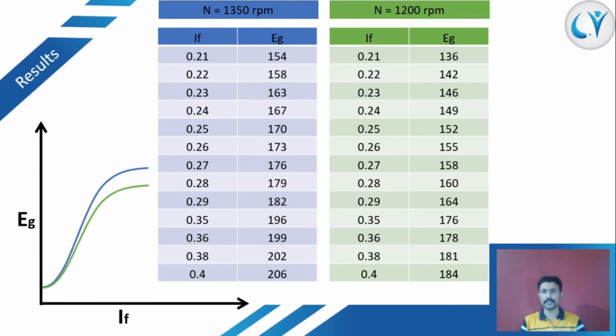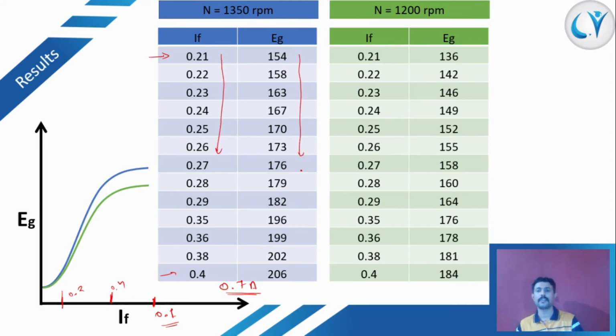Let me give you another detail: the maximum allowable field current for our machine, written on its nameplate, is 0.7 ampere. We have taken readings from 0.21 up to 0.4. So if we think that our 0.7 is at this point, then 0.2 to 0.4 lies in between, right? And you just observe that as the current is increasing, the voltage across it also increases